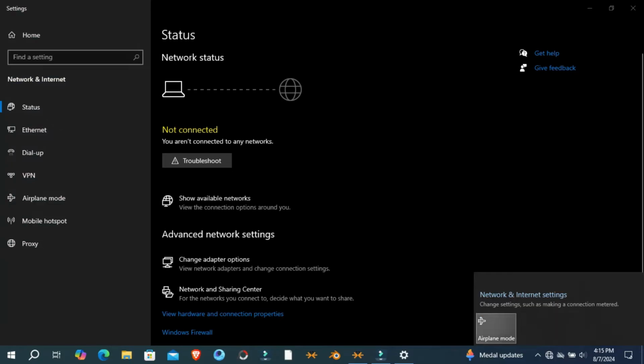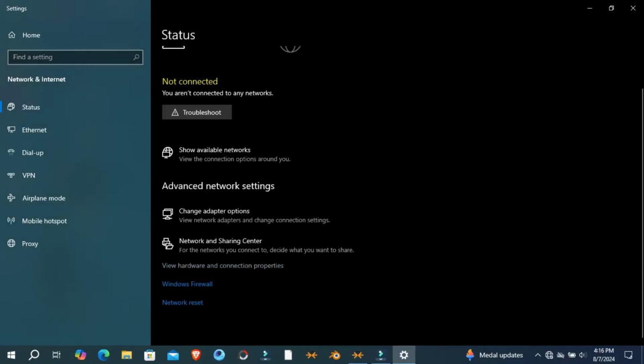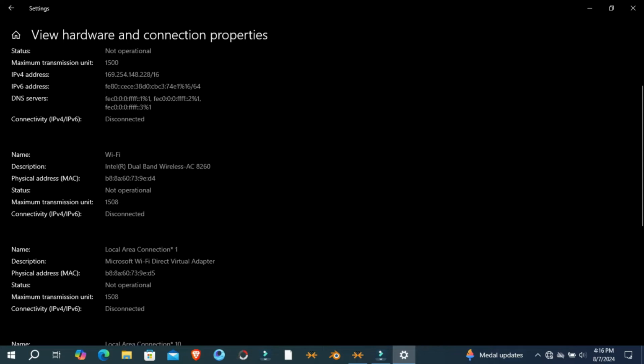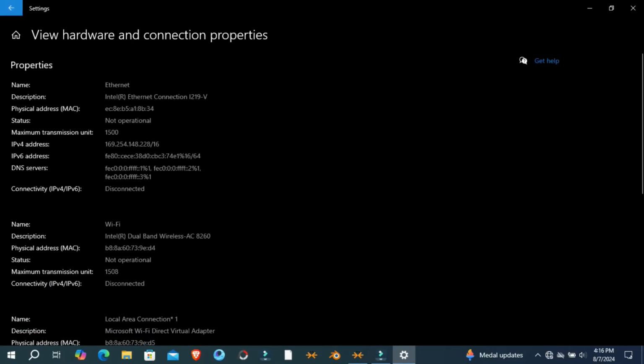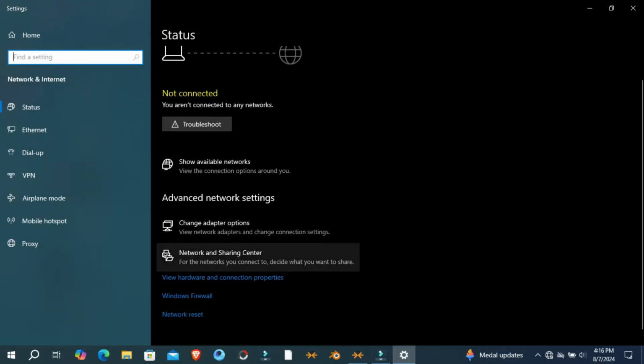From here you can click on troubleshoot to find out your issue, or go to hardware and connection properties and check if your device supports Wi-Fi or not. So guys, there you can see my laptop supports Wi-Fi, but it's still not showing. So let's fix this. Simply go to